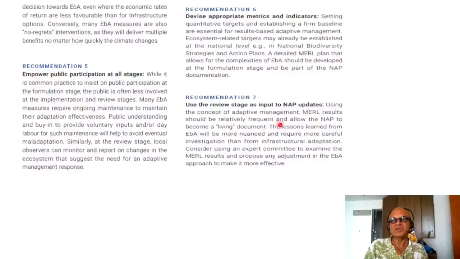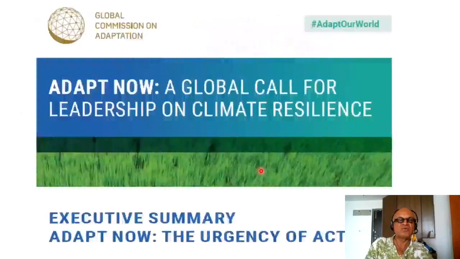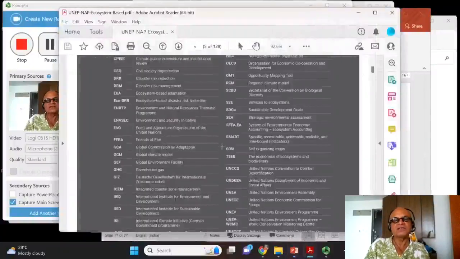Using the concept of adaptive management, MERL results should be relatively frequent and allow NAP to become a living document, so it's constantly updated and adapted. The lessons learned from EBA will be more nuanced and require more careful investigation than from infrastructure adaptation. Infrastructure is hard structures that you put in place, and an ecosystem is evolving and it's a living entity. Consider using an expert committee to examine the MERL results and propose an adjustment in the EBA approach to make it more effective. So next we'll move to this, but let's just quickly search right here what